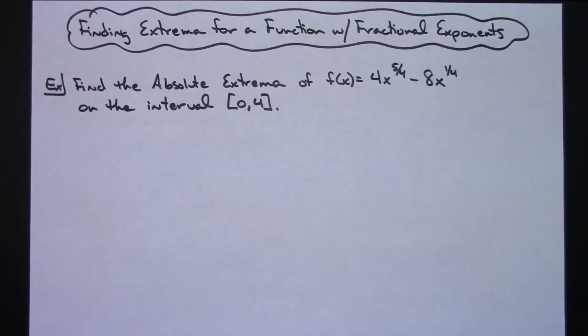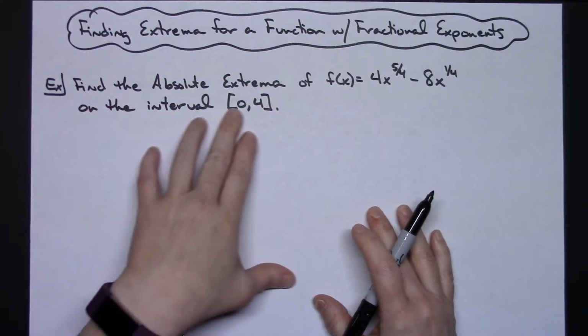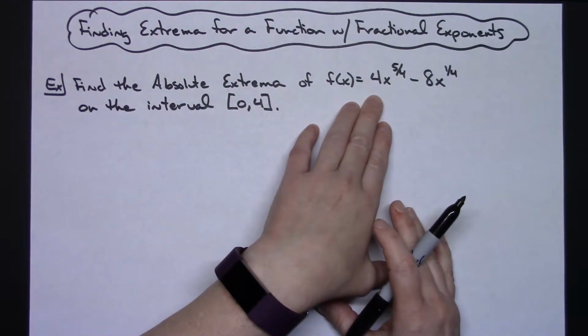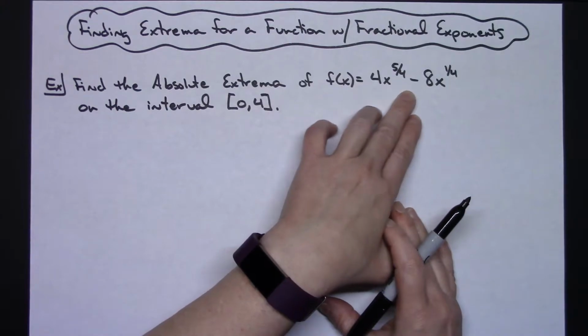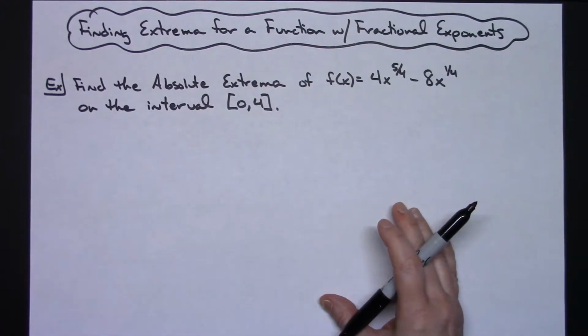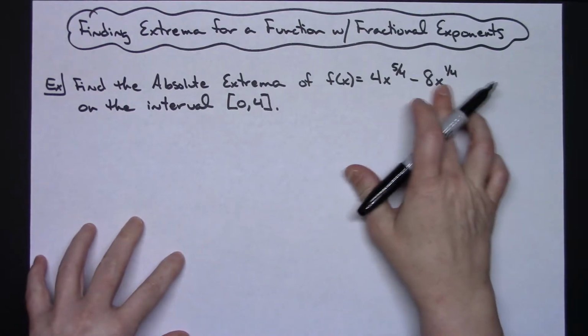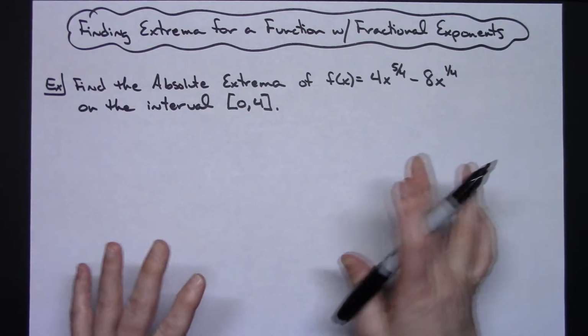In this video, we're going to be finding some absolute extrema for a function with fractional exponents. So my example here is going to say find the absolute extrema of the function 4x raised to the 5/4 minus 8x to the 1/4 on the closed interval from 0 to 4. Okay, so this is pretty standard extreme value theorem problem. The only thing is you've got those fractional exponents that you have to deal with, which makes it a little